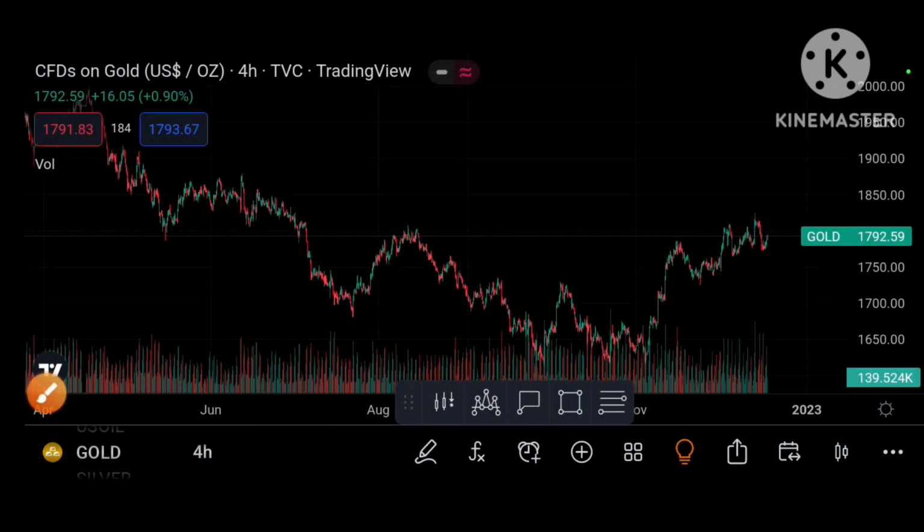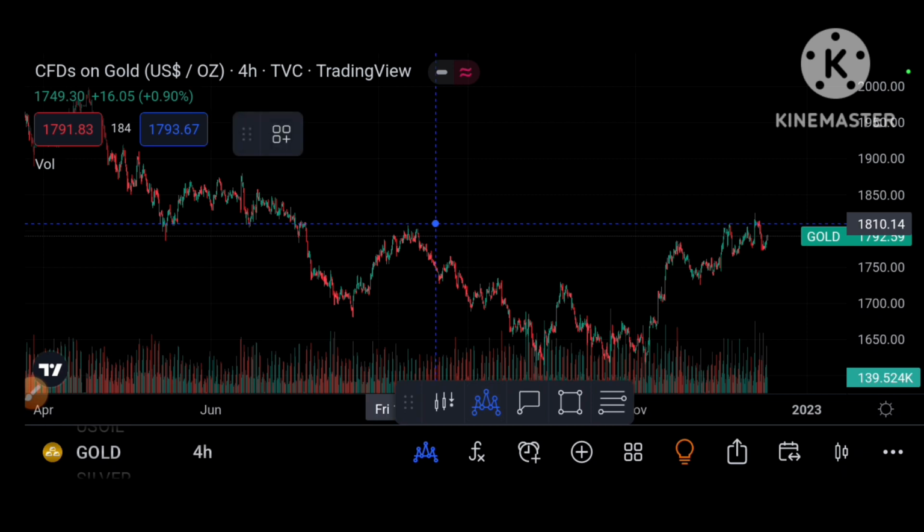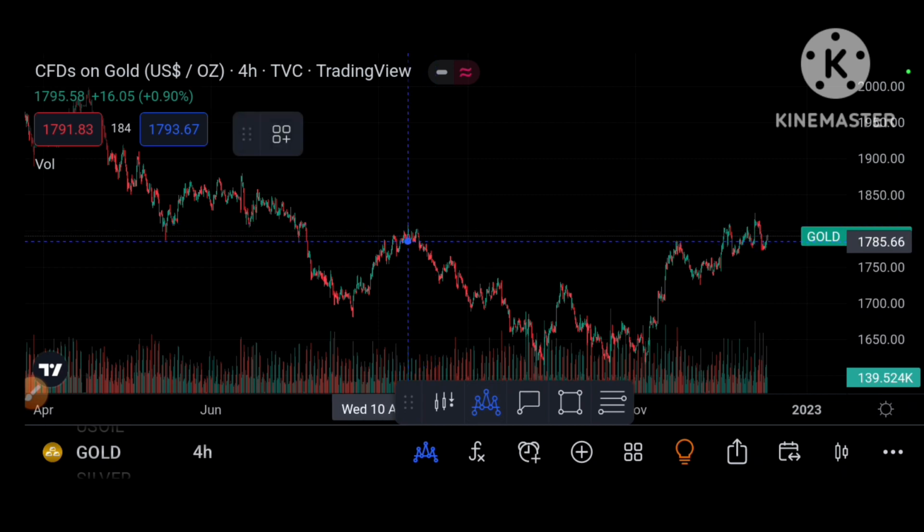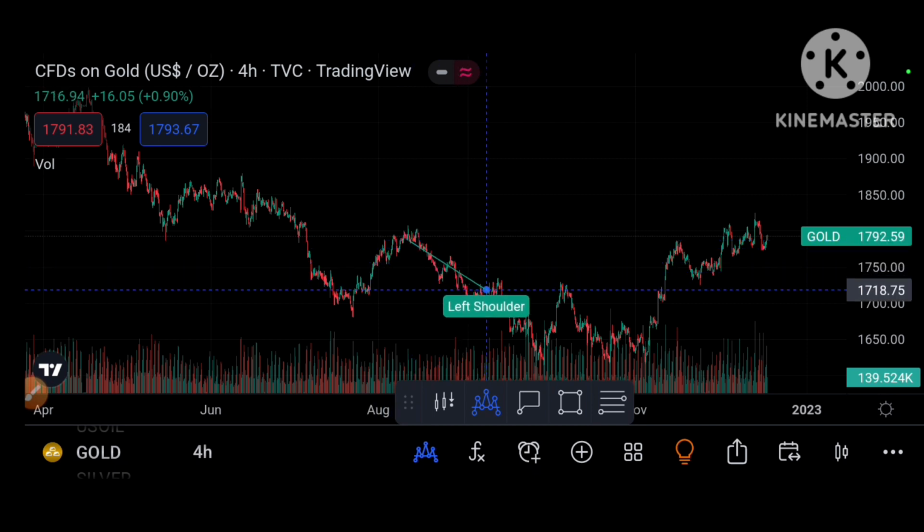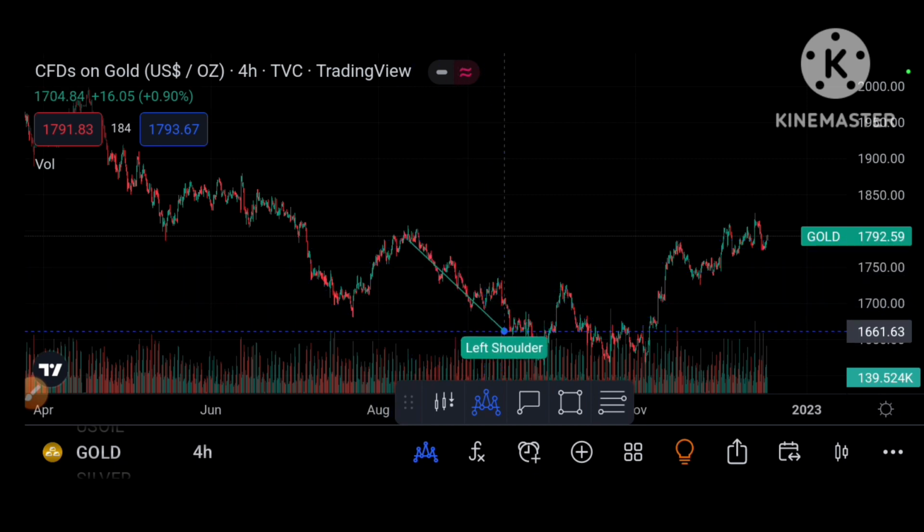Okay guys, now we're on to our final chart pattern that will help you make money in the forex market, and that's gonna be the head and shoulders. Let me show you a way of identifying the head and shoulders. Okay, let's start off like this. This would be the left shoulder of the head and shoulders,